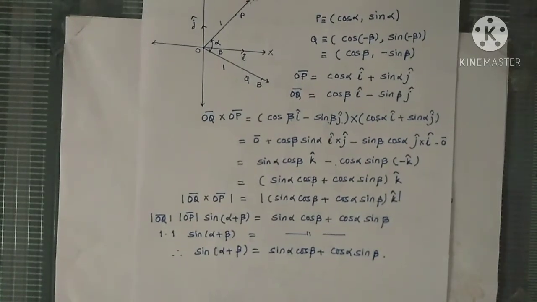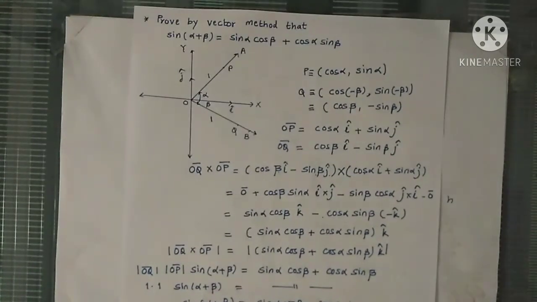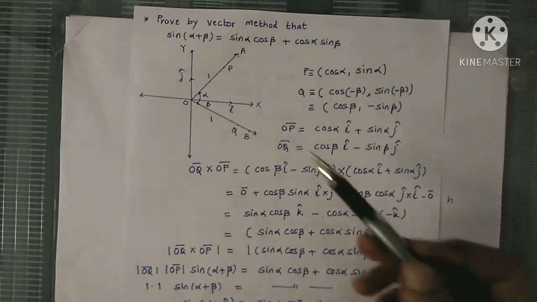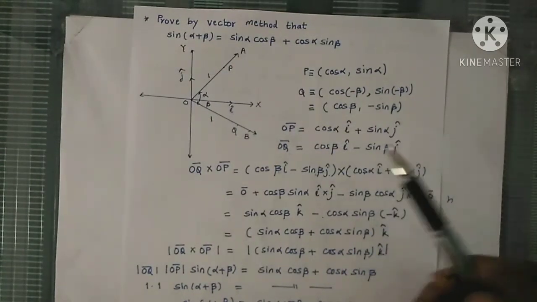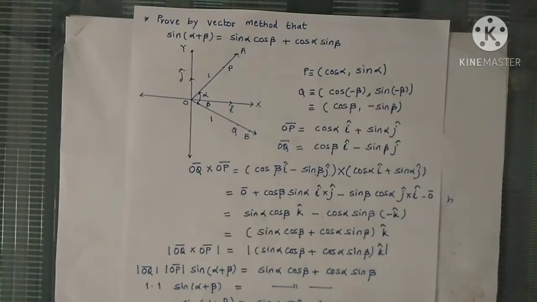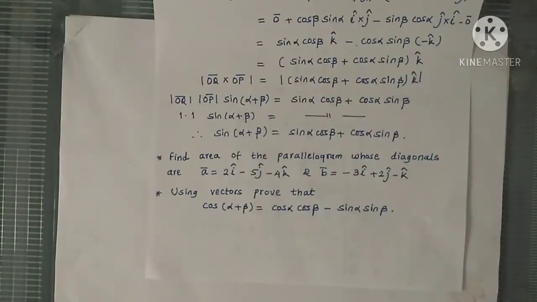If instead of sin alpha plus beta, cos of alpha plus beta is asked, then we have to take dot product, because in dot product we have ab cos theta. So we have that cos term in dot product. See, taking OP bar dot OQ bar, we get cos alpha cos beta minus sin alpha sin beta, and in the left hand side the dot product will be modulus of OP bar, modulus of OQ bar, and cos of angle between them. So like that. Okay. So this is your today's assignment.